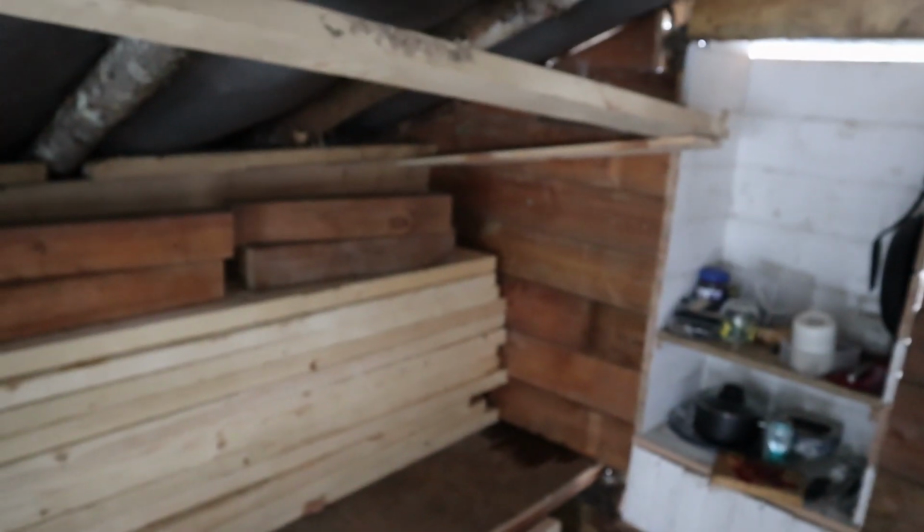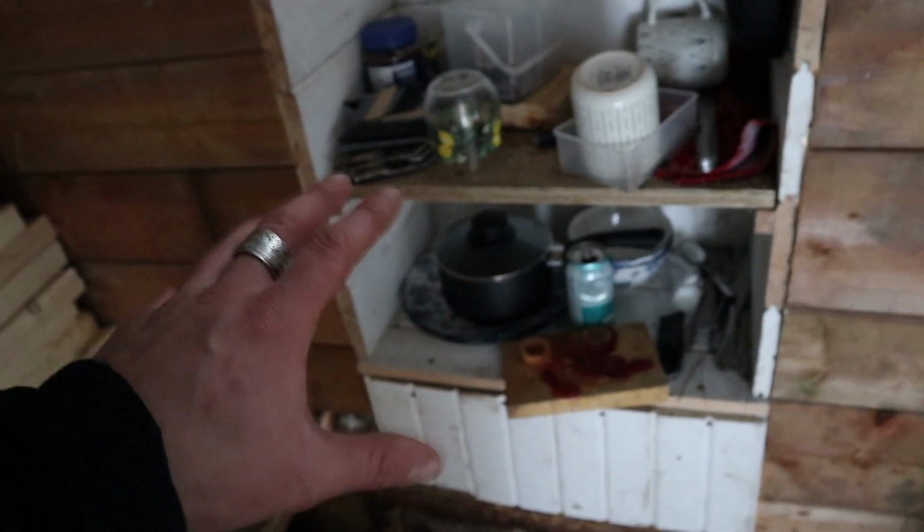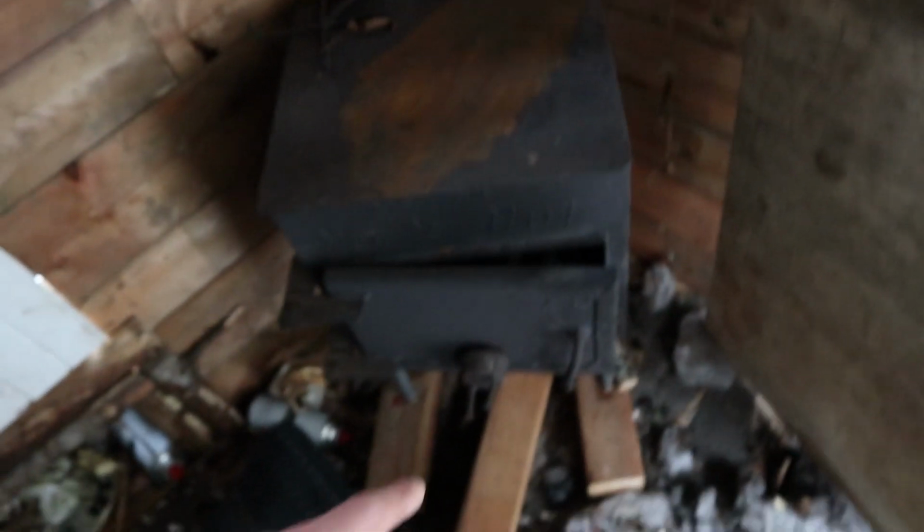Just gotta reach in here, unlock it. Wow, look at this place. It's beautiful. This is just a little shelving unit full of stuff because it's the winter and I haven't really had time to clean it, so I've just been storing some tools, some coffee cups. I actually have a heat element thing that just takes gas and you can actually cook out here. Also have this little stove,